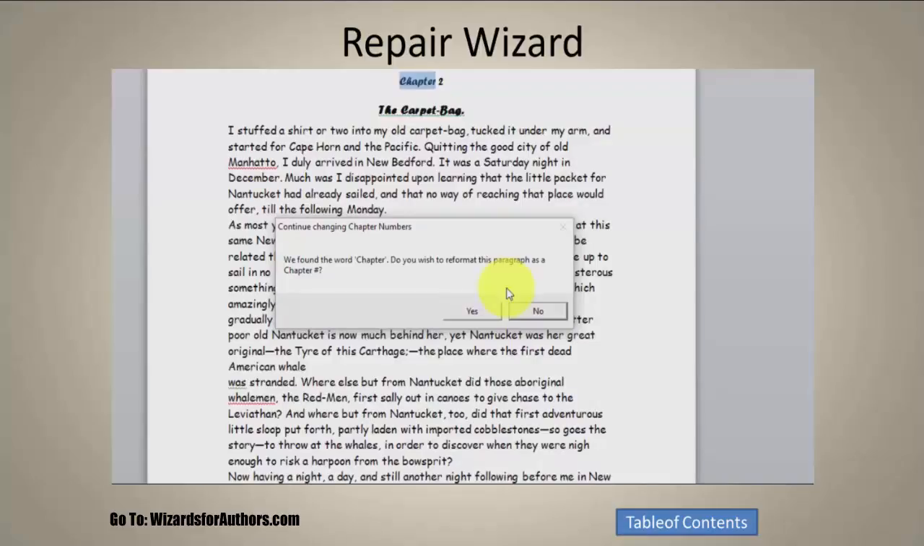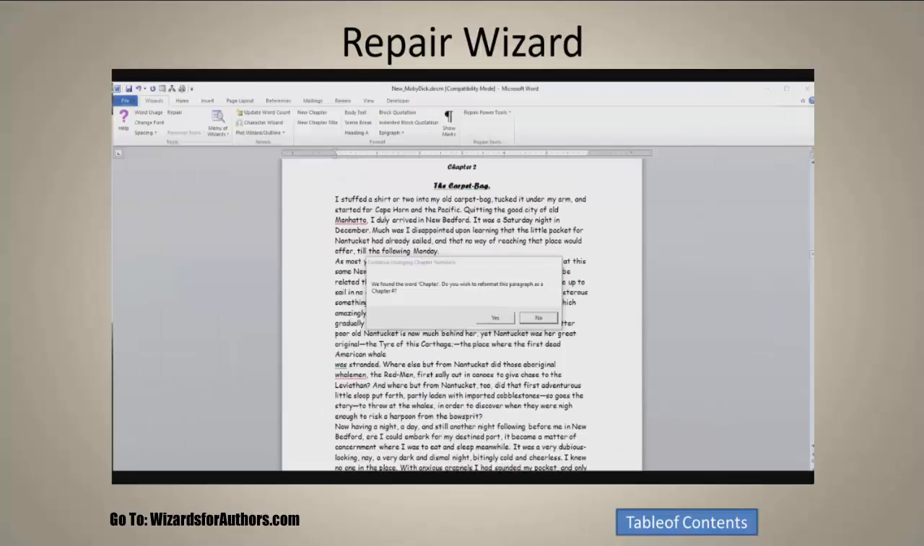So what we can do is, if we answer yes, it will reformat that chapter. Occasionally, we will use the word chapter somewhere in the body text. In these cases, it's going to find that word when it goes through this step. So we would want to answer this question no, and then scroll down to the next chapter opening that needs